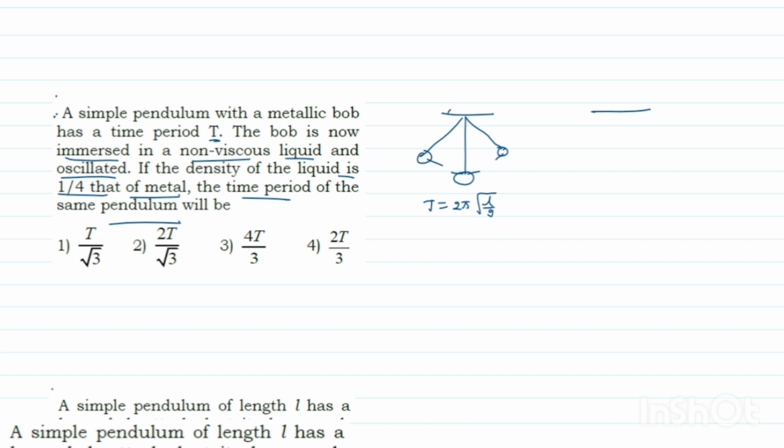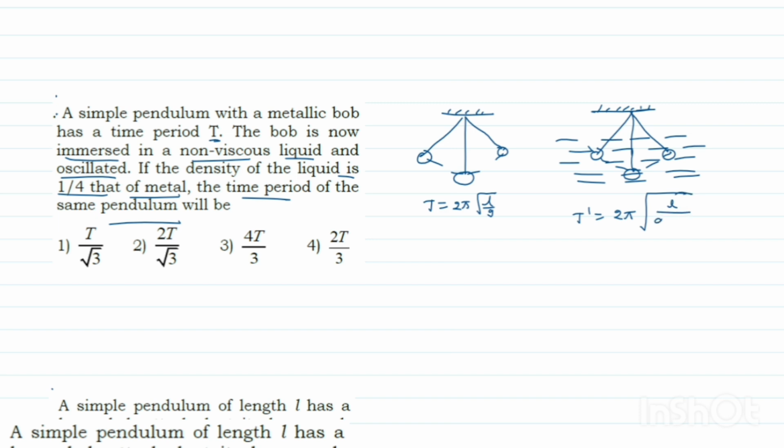Now the same bob is placed in the non-viscous liquid and allowed to oscillate. The new time period inside the liquid is 2 pi into root over L by g, which will be affected. That is, g is multiplied by 1 minus the density of the liquid by the density of the body. So T dash equals 2 pi into root over L by g into